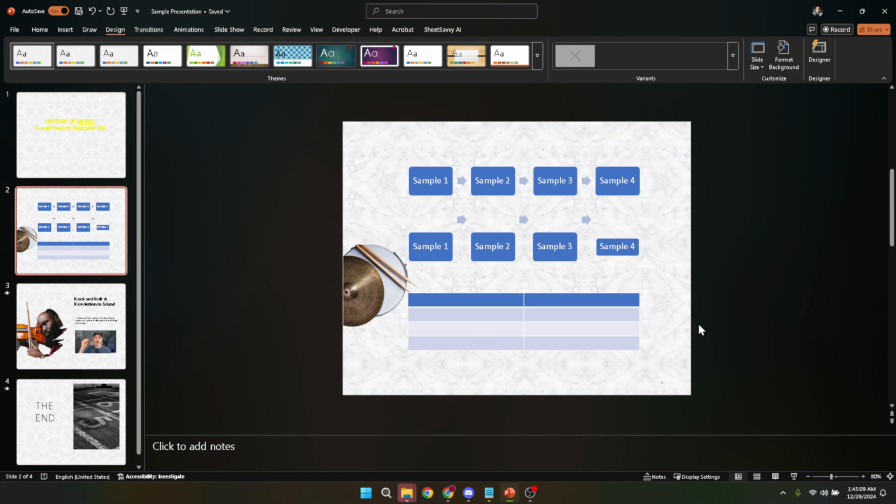This simple adjustment can greatly enhance the presentation of your content, tailoring it to the specific needs of your audience or the demands of your project. Keep in mind, as you experiment with different orientations, the dimensions of your content might shift. This may require a bit of tweaking of text boxes, images, or other elements to ensure everything looks just right.